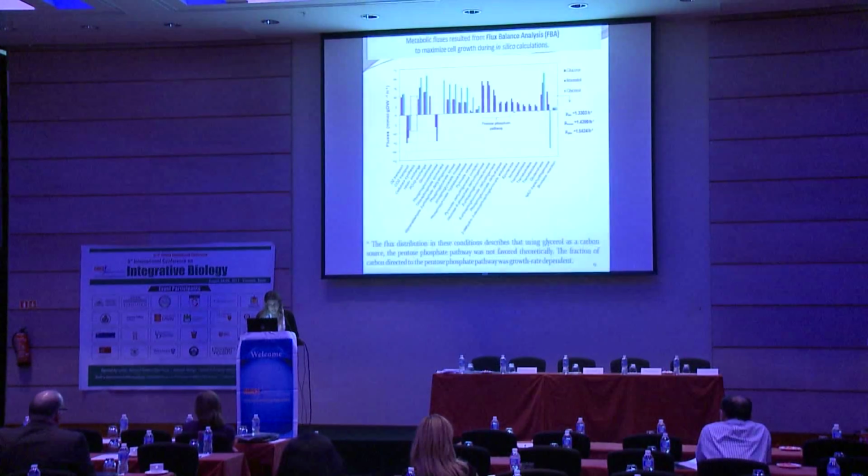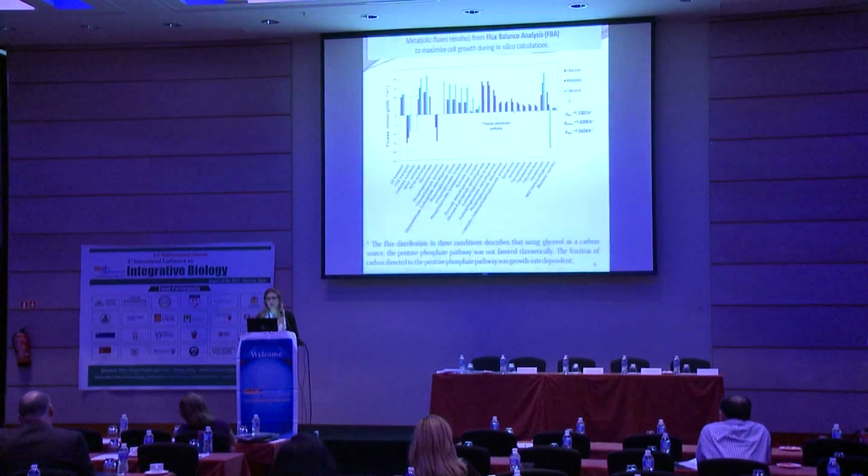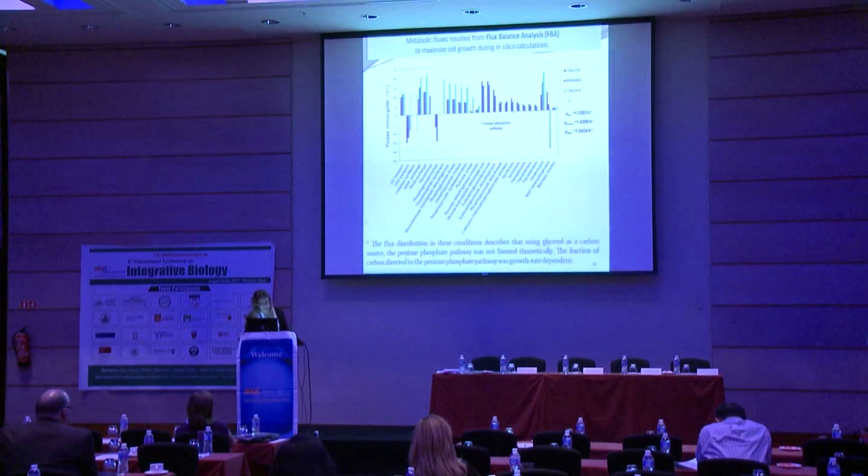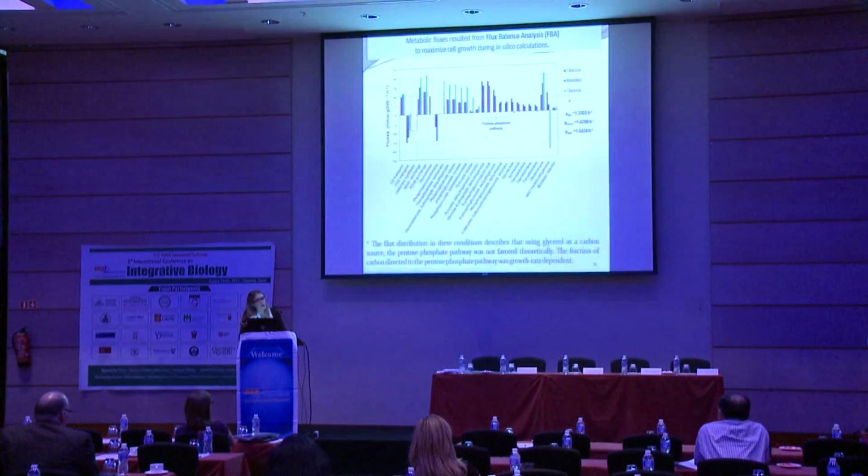And as you can see, by maximizing biomass production, the carbon flux for cellulose synthesis was without any production, and this is a very realistic scenario since we have different strains that don't produce cellulose. And as we checked, the specific growth rate per hour was higher with glycerol, at 1.54 per hour.